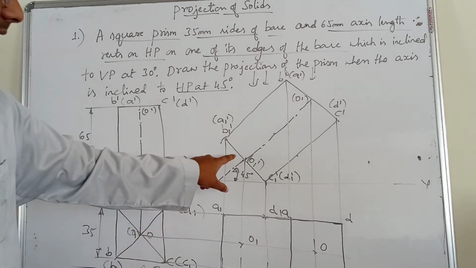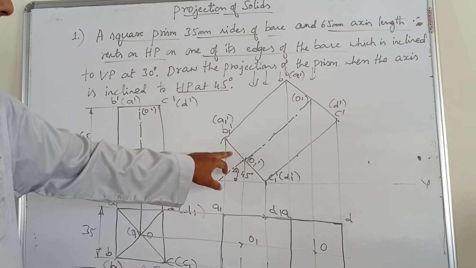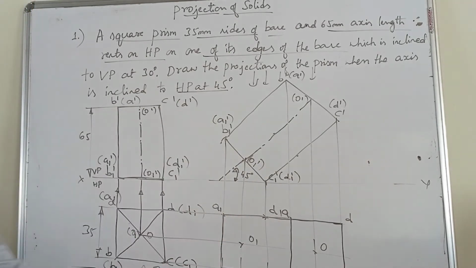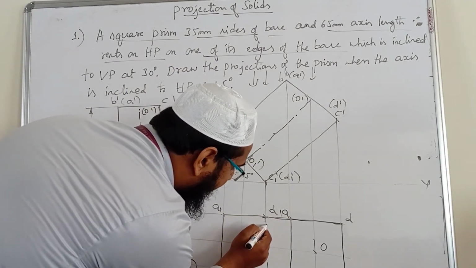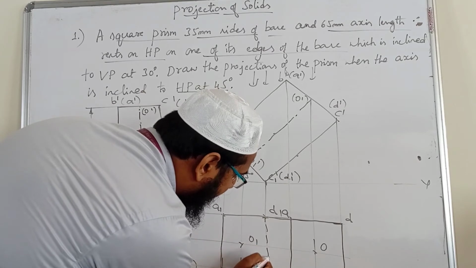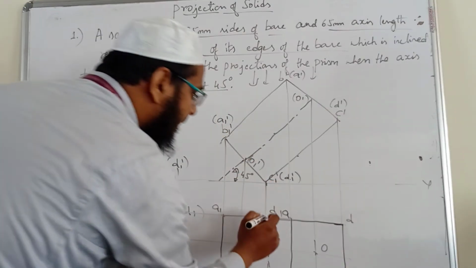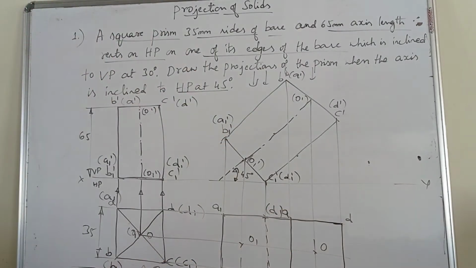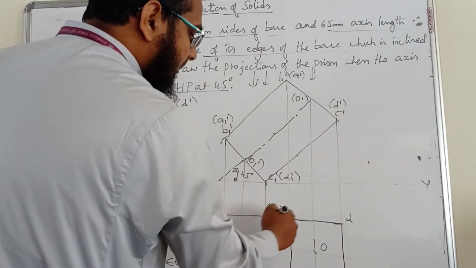You can see this bottom face is not visible from the top. But we have already written a part of it, part of the square. The remaining part we can show with a dashed line here. So in this we cannot see this B1 and C1. And then there is another face also not visible,